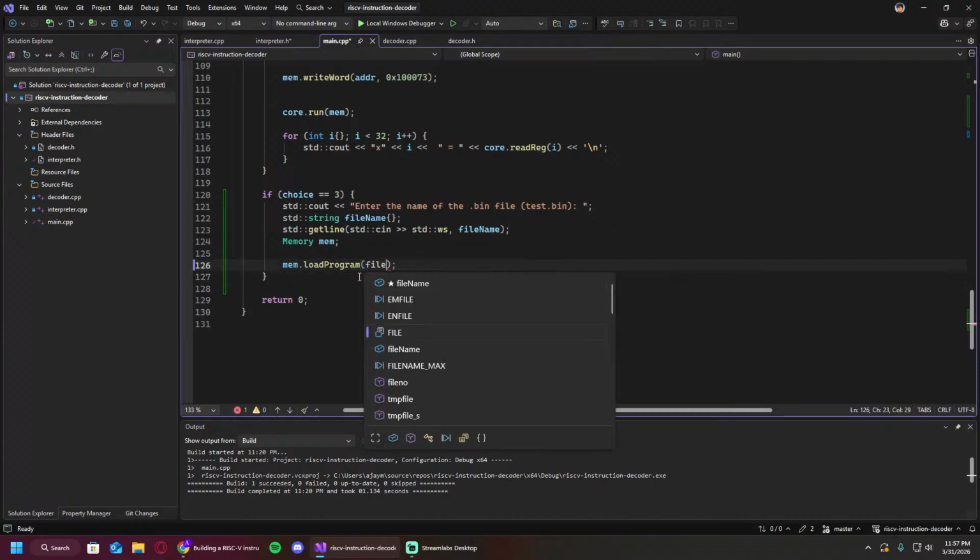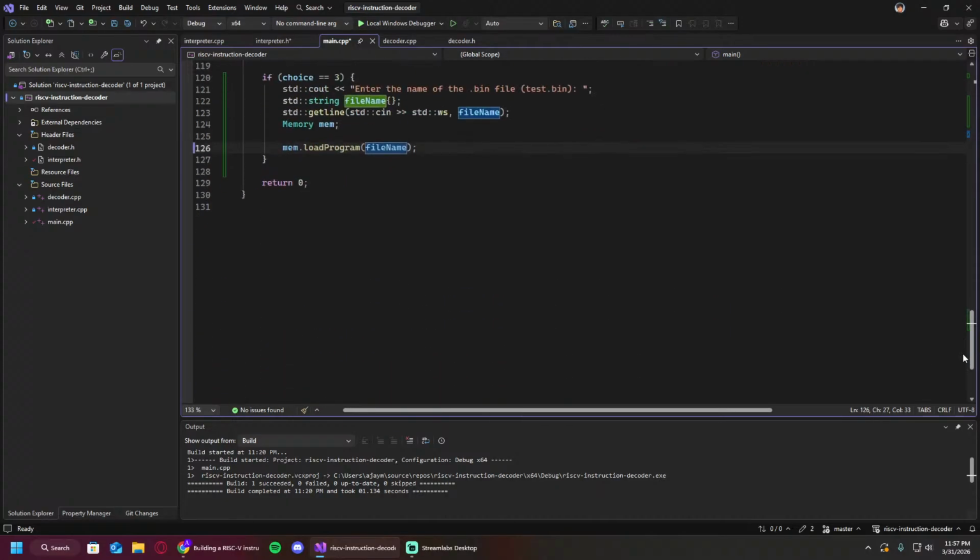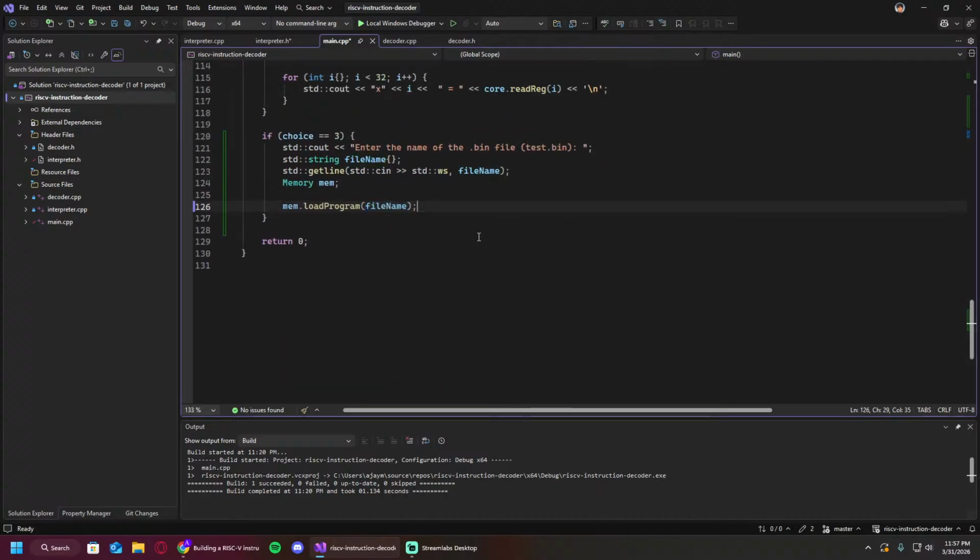And then we are loading the file name, right? Because we had the file name reference. That's the parameter, so it should be the file name, and then